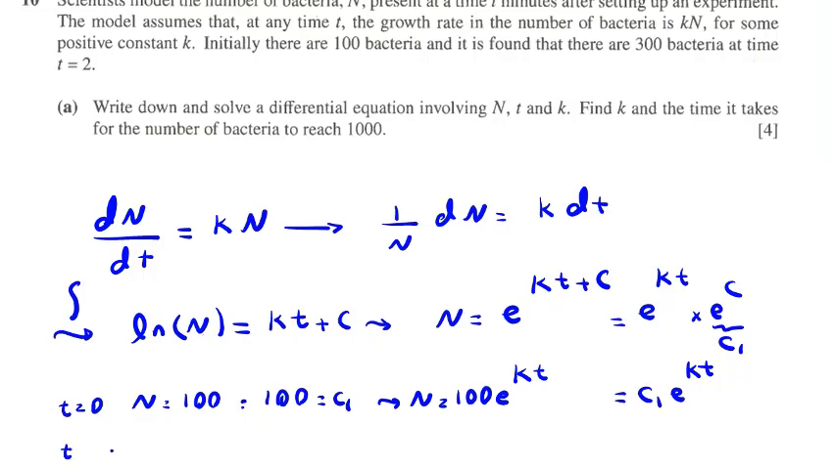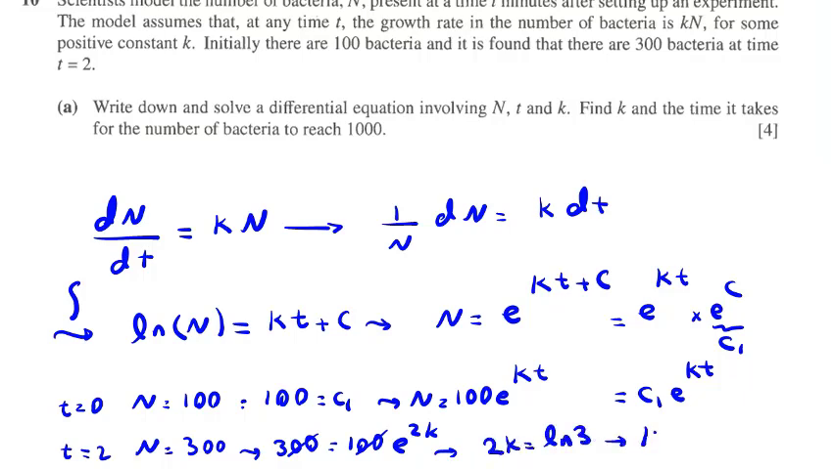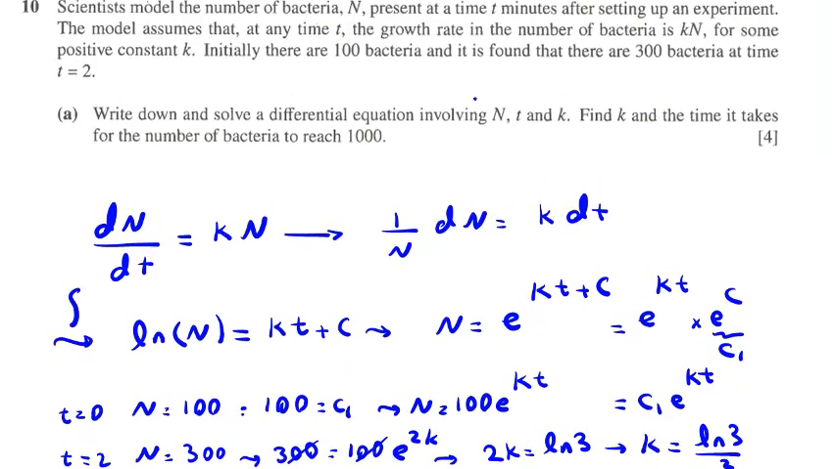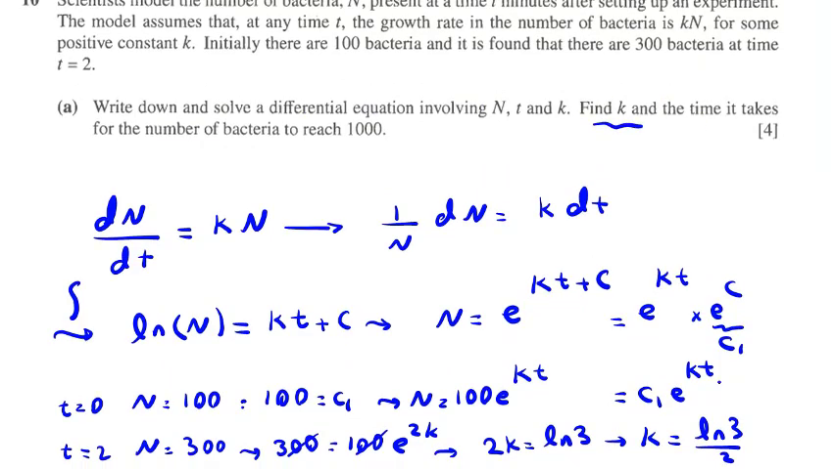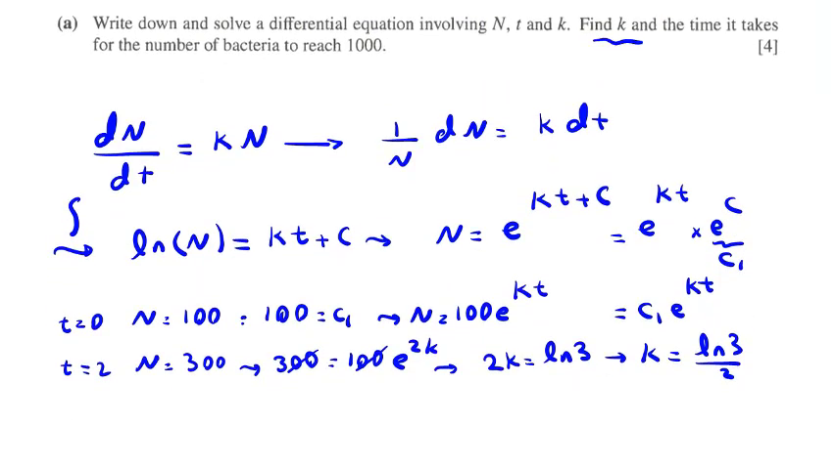If t equals 2, we have 300 bacteria, so we can say 300 bacteria equals 100 e to the power of t is 2k. So we can divide both sides by 100, so e^2k is 3. So we can say 2k is ln of 3, so k equals ln 3 over 2. Now the problem says find k, so here it is this, and we can write it equals 0.549,